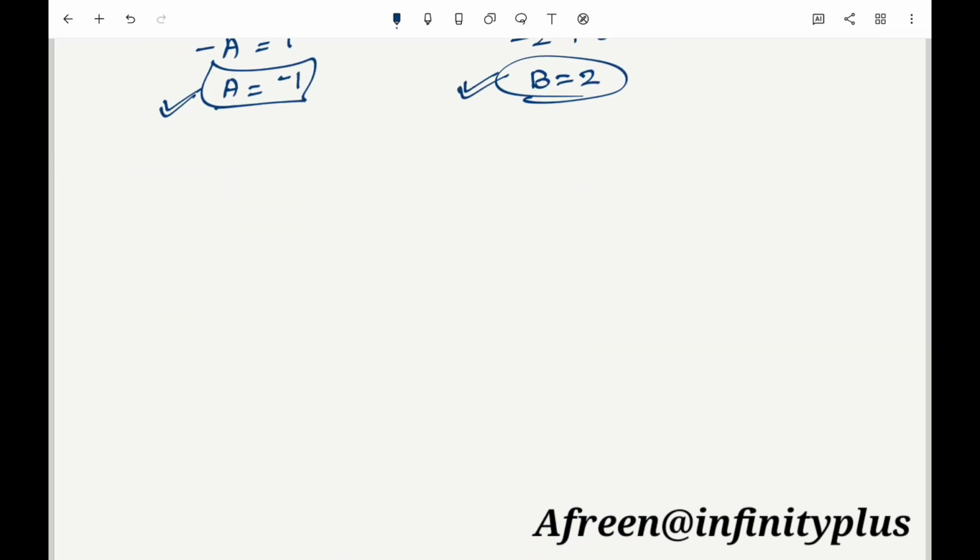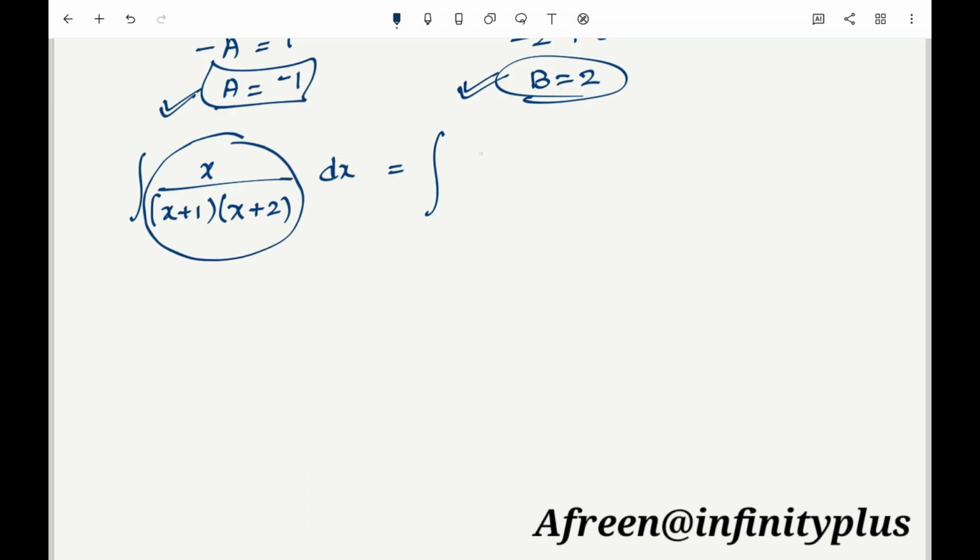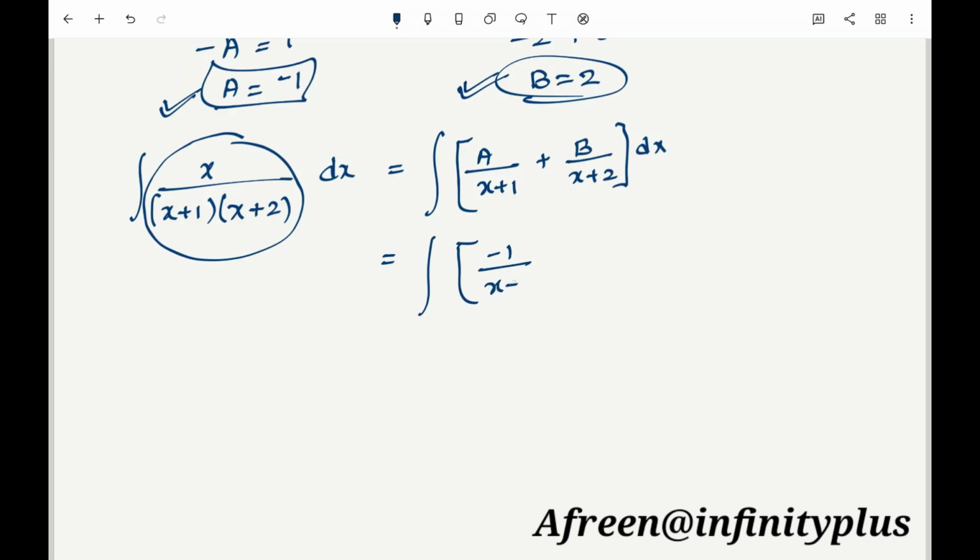What you will get? Integration of x divided by (x plus 1) into (x plus 2) dx, which is equal to integration of, you people are well known, this term can be written as a divided by x plus 1 plus b divided by x plus 2 dx in terms of partial fractions. Now substitute the values of a and b. A value is minus 1 divided by x plus 1 plus b value is 2 divided by x plus 2